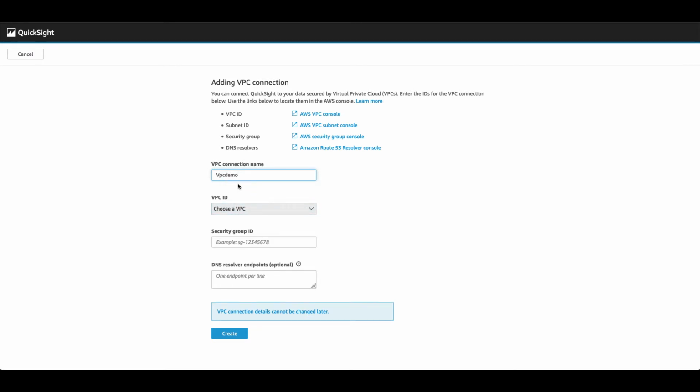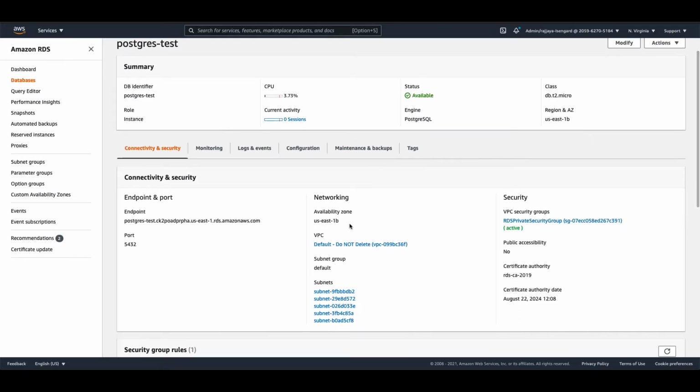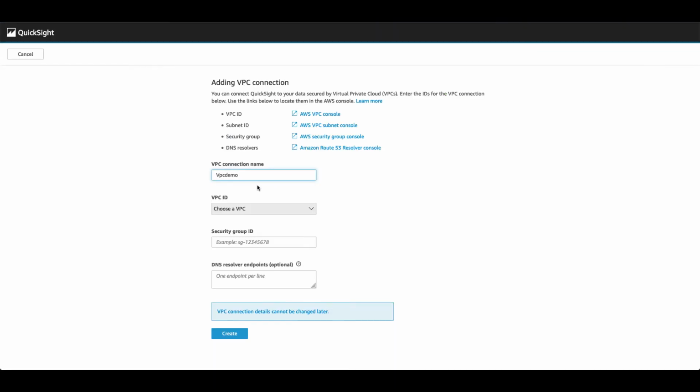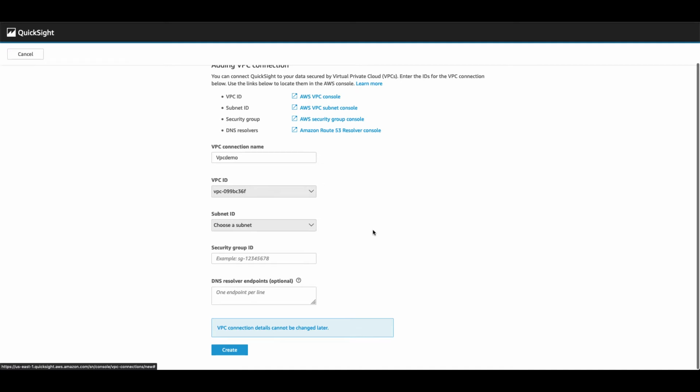I will provide the name as VPC demo, and for the VPC ID, I will choose the same VPC where my RDS resides in. So I will choose the VPC ID that is ending in 36F. Next, I will choose a subnet where I want to create this VPC connection ENI.